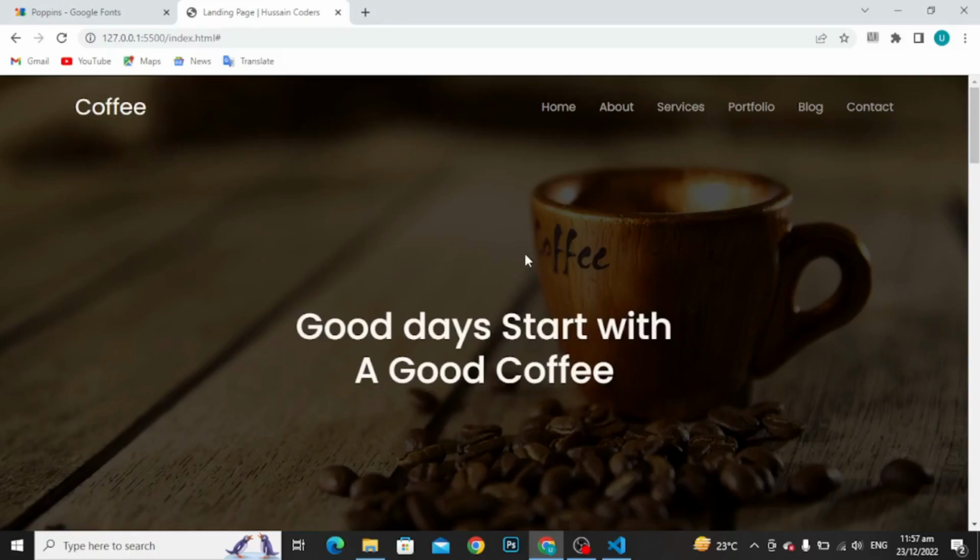Hello, today we are going to create this website named landingpage hussaincoders. This is the header of the website. This is the logo. These are some navigation links. As you can see, some headings,